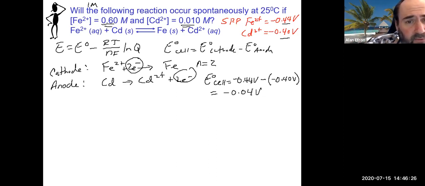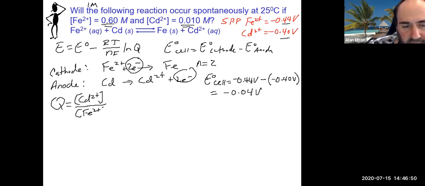So what we're looking at is we're not under standard conditions. So we want to see if maybe this will make it spontaneous or maybe it won't. So let's take a look at that. We now have pretty much everything we need to go into our equation. Just so we know, from the overall equation, our Q is going to equal the concentration of cadmium with a +2 charge divided by iron with a +2 charge. The cadmium and iron solids won't be included, which is also why you have no numbers for them. So that means that E will equal our E naught, which is minus 0.04 volts,